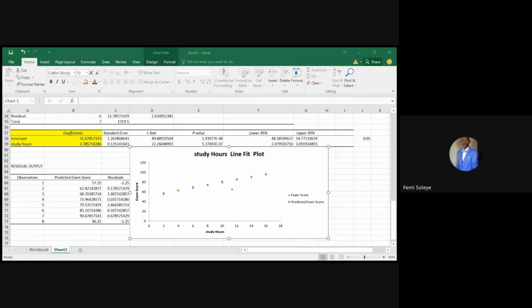conclusion based on the result of the analysis, especially in regards to this issue of study hours and the exam score. Could there not be other extraneous variables that could interfere with this prediction? For instance, what about the level of intelligence? Okay, if you look at this data,